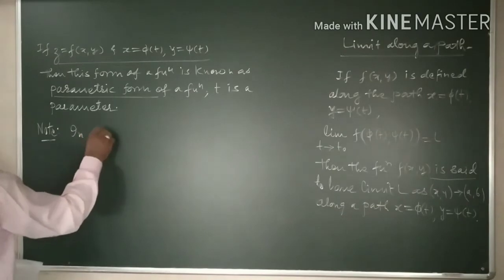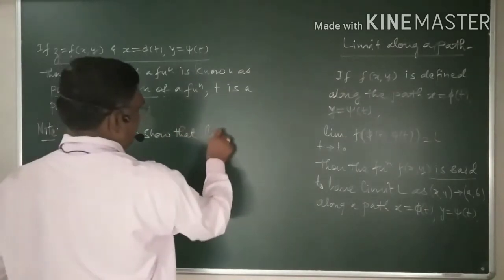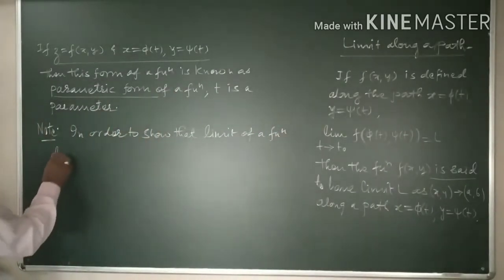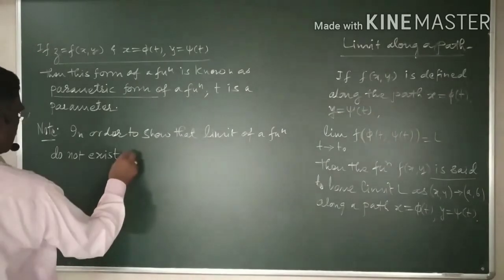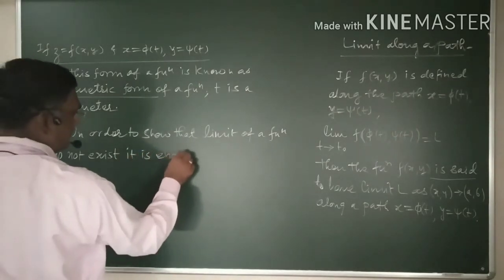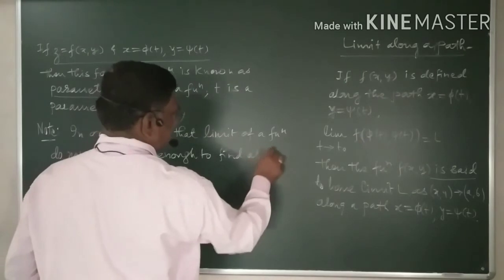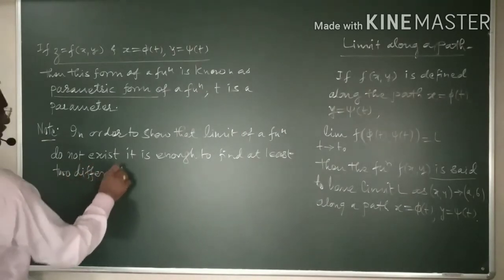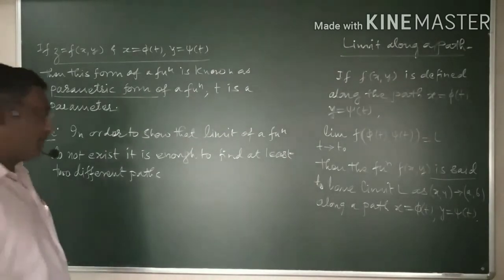In order to show that the limit of a function does not exist, it is enough to find at least two different paths such that